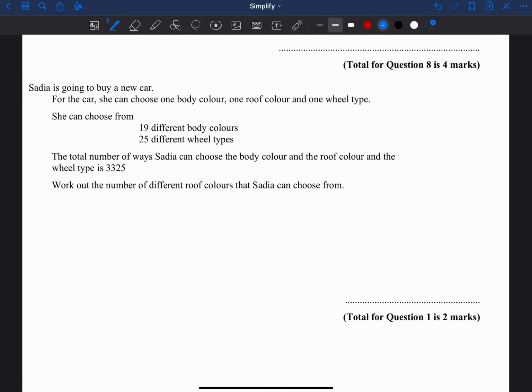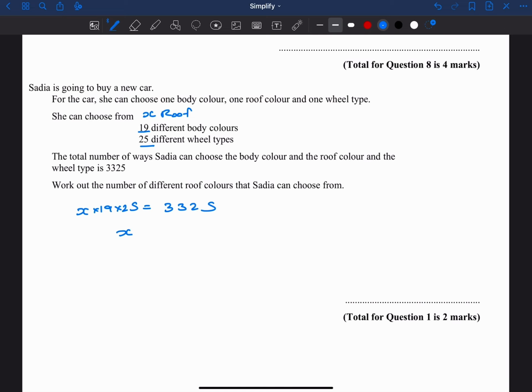Okay, product rule for counting. There are 19 different body colors, 25 different trim types. The total number of roof colors. Okay, we don't know the roof colors. Let's call it x. So we can go x times 19 times 25 should be equal to